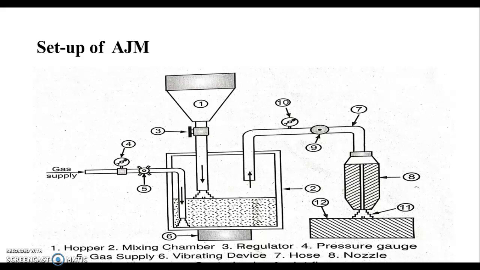The control valve and the pressure gauge control the flow of abrasive particles. This outgoing high-speed stream that comes out of the nozzle is known as abrasive jet. When such a jet strikes the workpiece, the erosion caused by its impact enables the removal of metal.